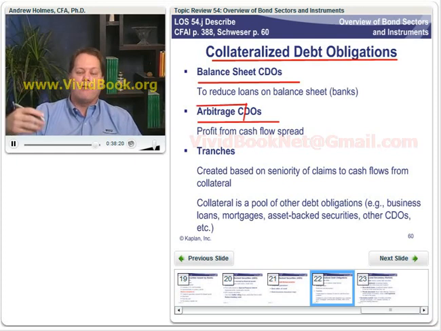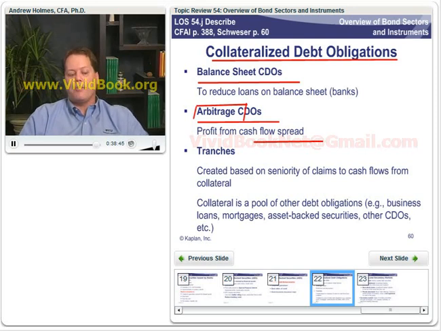So because of the way we can structure these, and we'll see a better example of this at level 2, we can structure these so that there is some financial alchemy. At least that's what we thought at one point. I still think it does exist, just maybe not to the extent that we once thought it did, but nonetheless, that's going to increase the value of the securities or decrease the cost of funding, whichever way you want to think of it. So we also do this in different tranches.